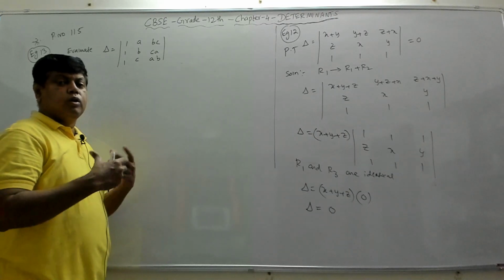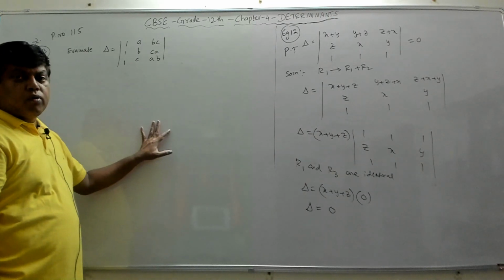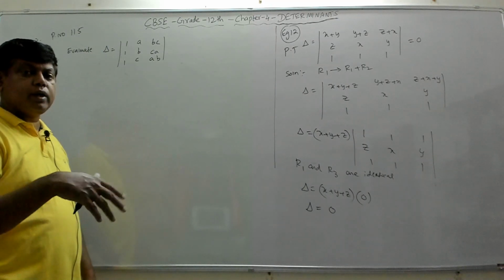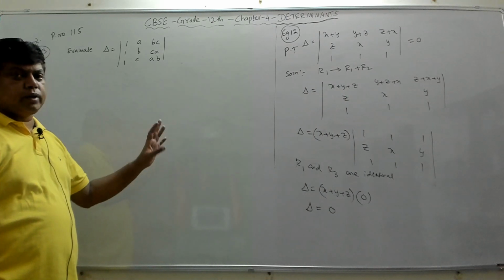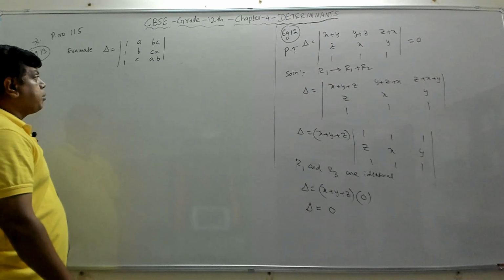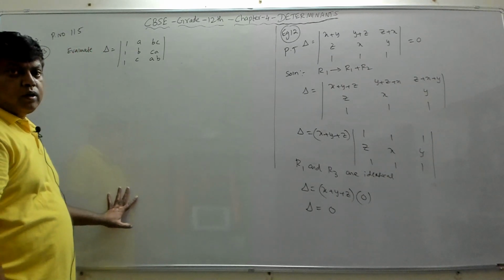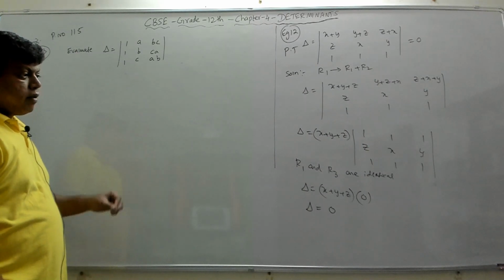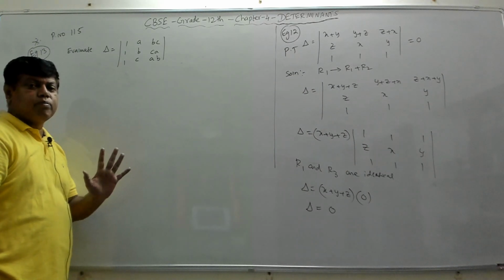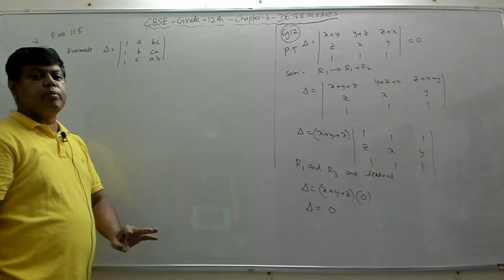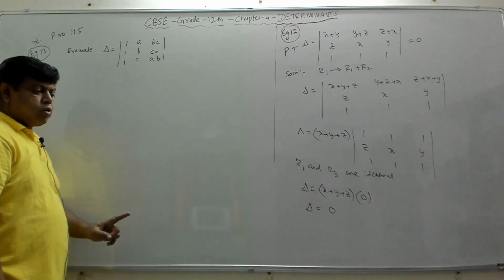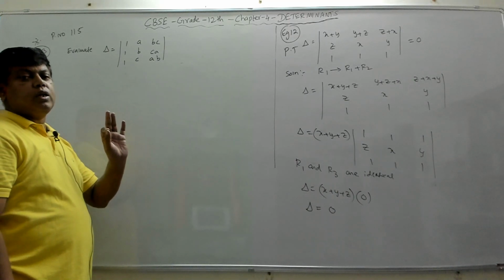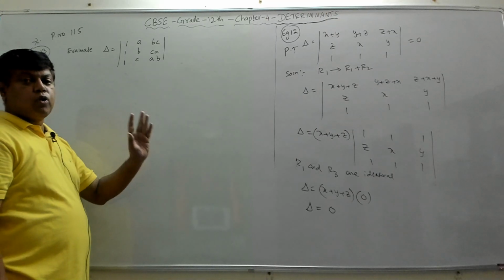If we don't have more zeros in a row or a column, we'll try to see if we can generate more zeros, or change the elements to zeros by applying row operations or column operations. Any of the row or column operations can we apply and make them zero. To do that, we have to check whether a particular row or a particular column has all the elements the same. If it does, then it is easy to evaluate by applying the row or column operations.